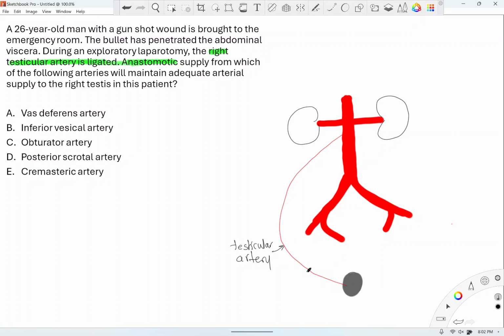Okay. They're saying that this testicular artery is ligated, so it's tied up. Now this right testis is not going to receive blood from here. So that means there's anastomosis. So where is it receiving blood from? Well, there's another branch